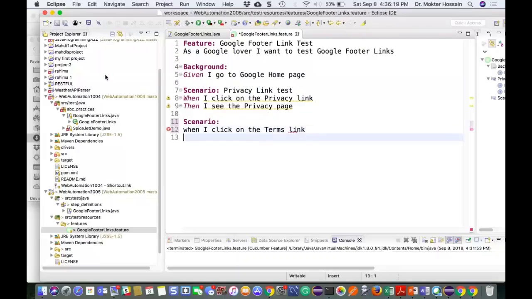When should be with a capital W. You see that I intentionally made a mistake in typing When. You see the difference between this When and this When. This one got italicized, right? Actually, it should be capital. So when I give a capital W, then it gets highlighted. Then, T is in uppercase. Then I see the